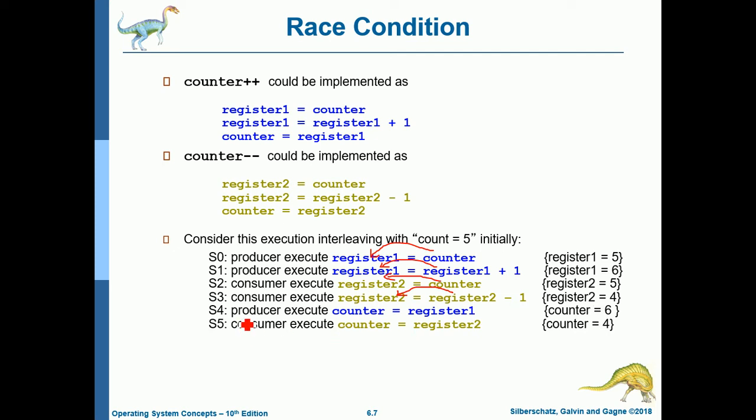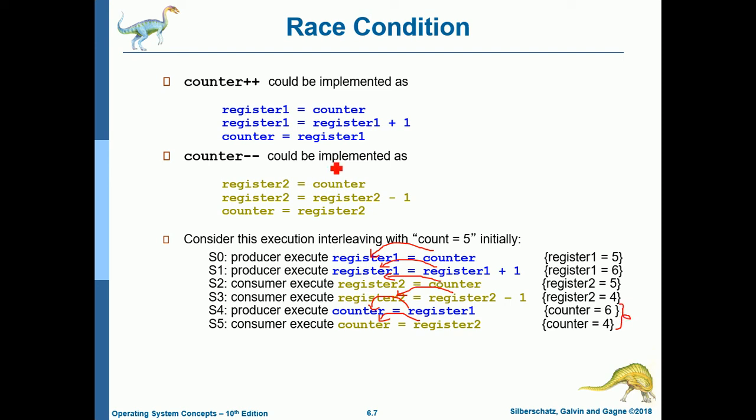And then next step, the producer executes counter = register 1, which is equal to 6. So register 1 is equal to 6, and it will be stored to the counter. Then the register 2's value is 4, and it will also be stored in counter. So as you can see with this last part,